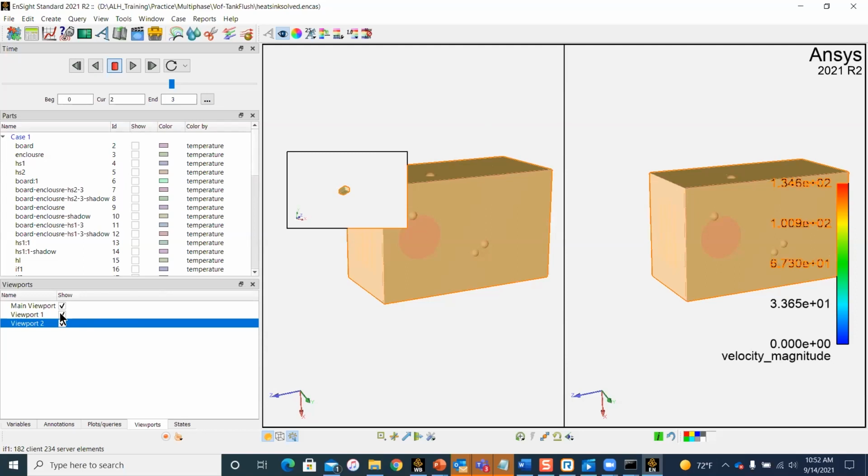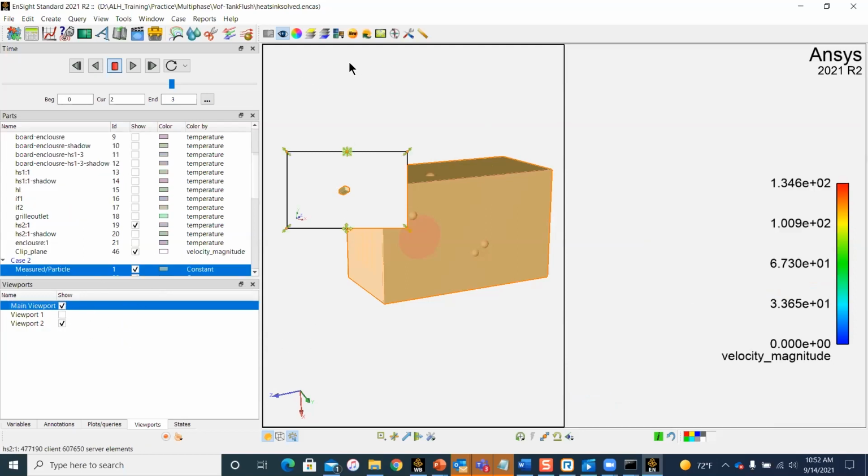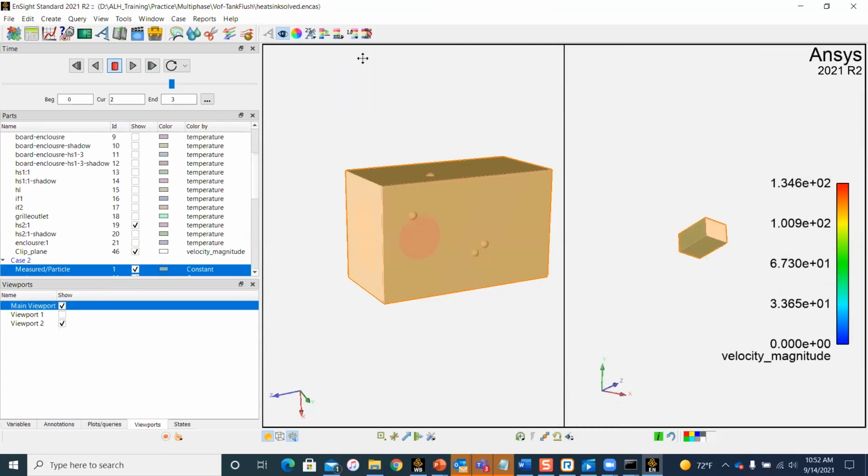So for example, if I just wanted to keep these two guys over here. So now the main viewport has case 1 and then viewport 2 has case 2, or maybe it is the other way around. But if you had two cases that you wanted to compare, this was a good way to